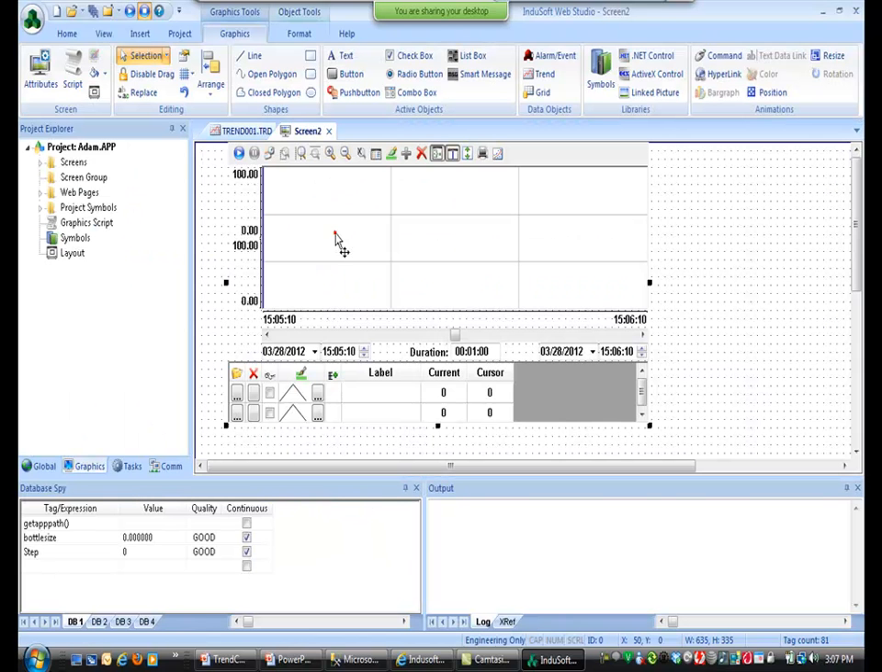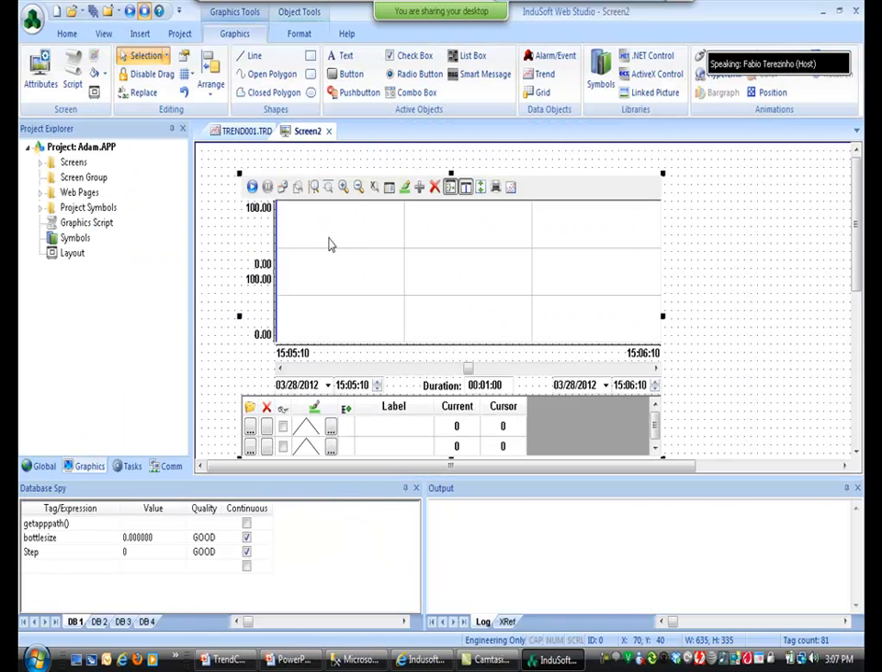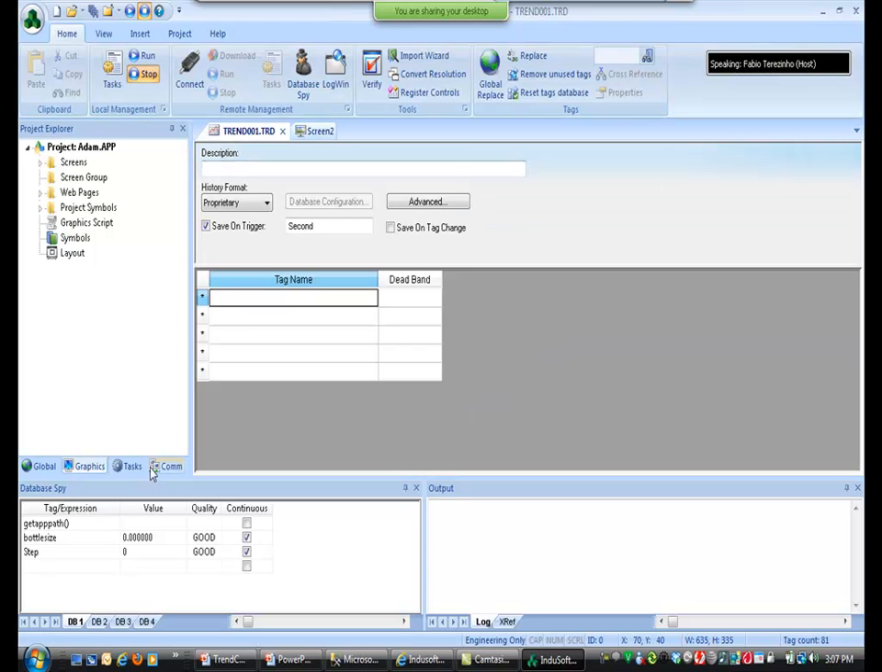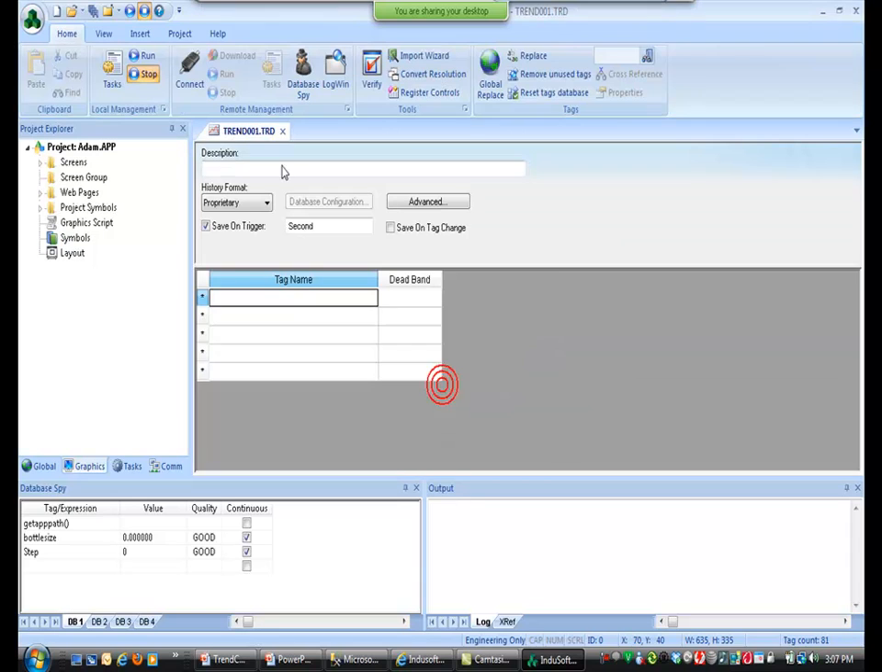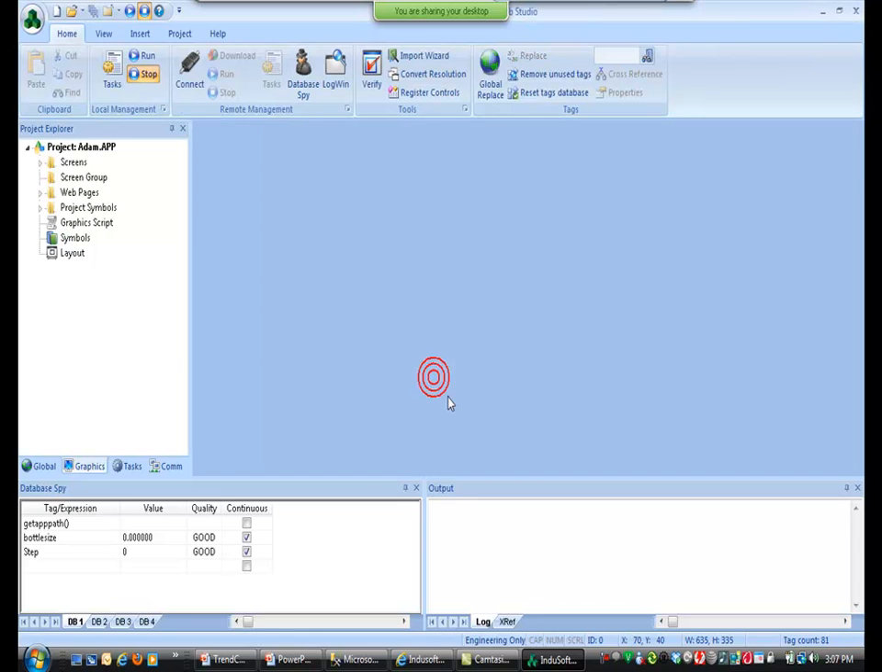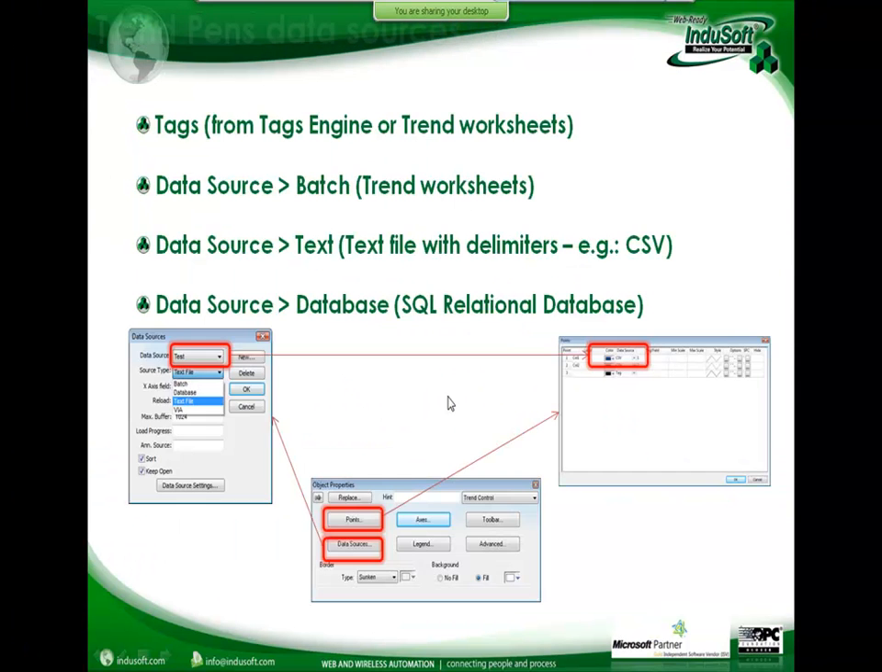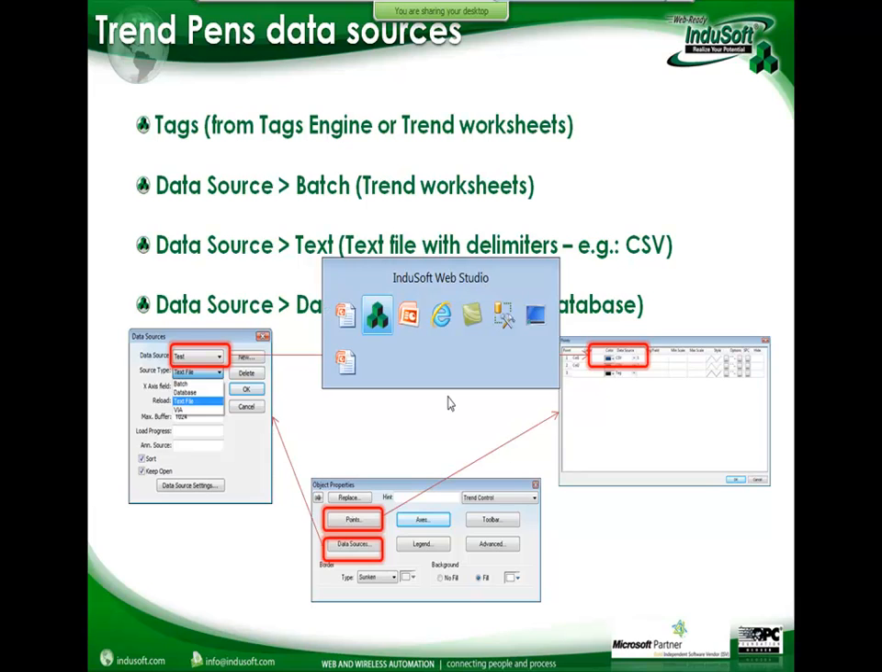So I just want to make sure the distinction is clear between the trend task here under tasks that saves data and the trend control that you create on the screens that reads data from the history and displays data on the screen. So talking about the different data sources supported by the trend control from InduSoft Web Studio,